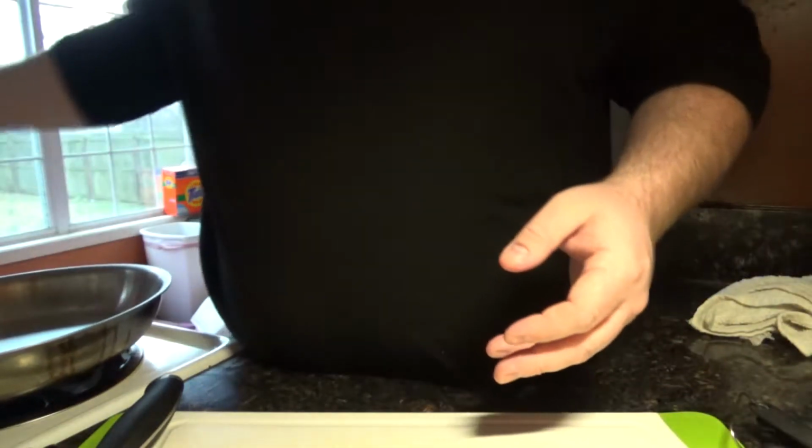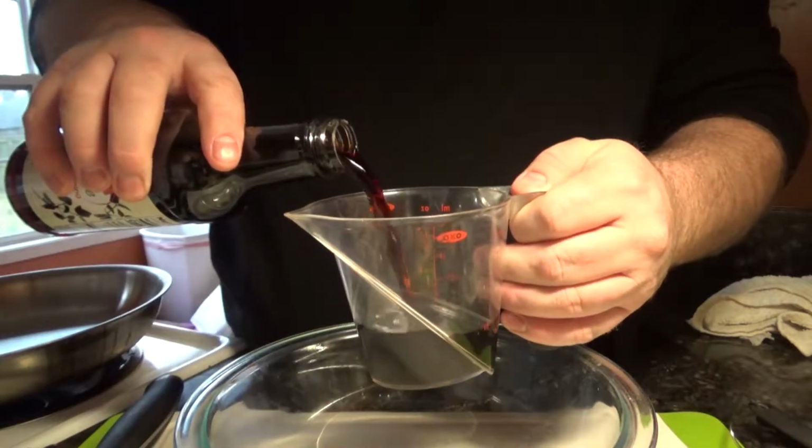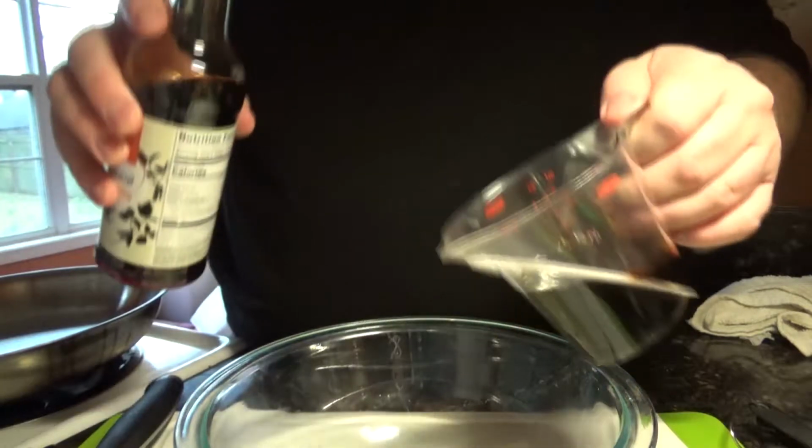Today we're going to be making the pork dumplings from the Spider-Man PS4 game. First thing we're going to do is make our sauce. Get your bowl here, and then you're going to add half a cup of soy sauce,